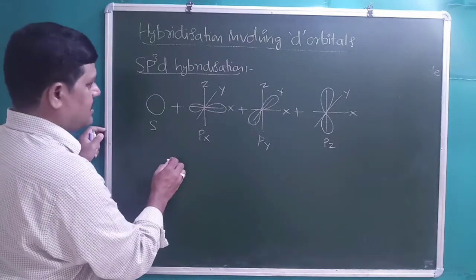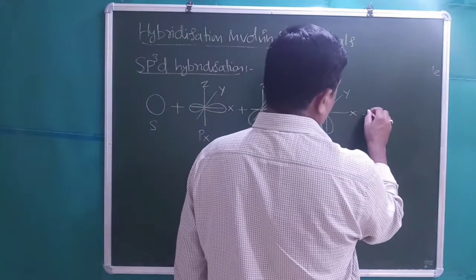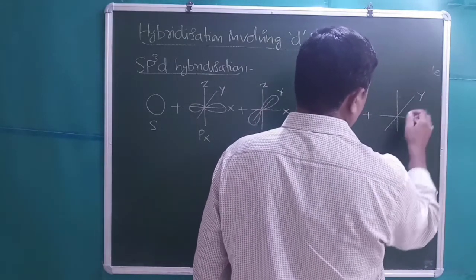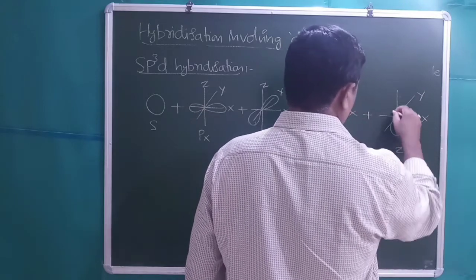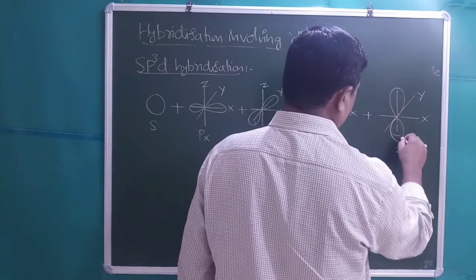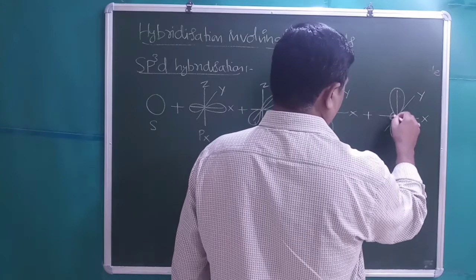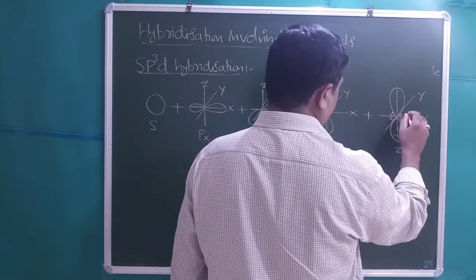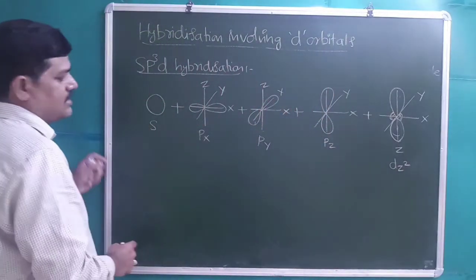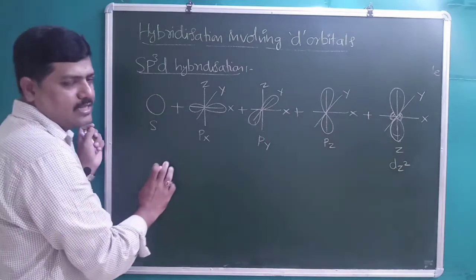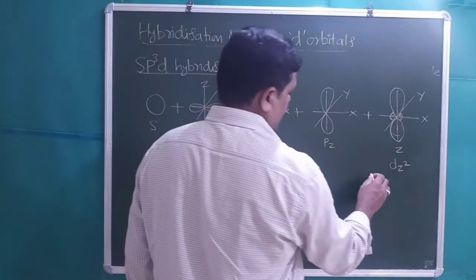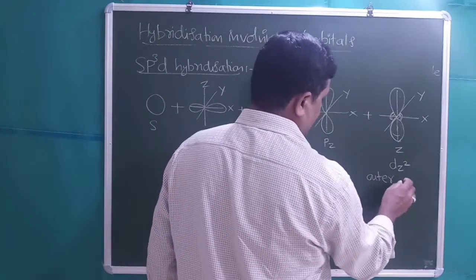And from the d orbitals, the orbital involved in the hybridization is dz square. So dz square orbital is involved in the hybridization, which has a baby shooter like shape, right? Generally students, sp3d we have in the syllabus in the chapter of chemical bonding, right? Here the outer dz square is involved.